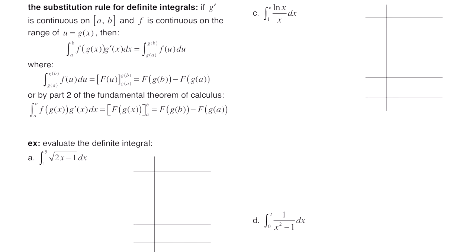What's going to happen is we can convert these lower and upper limits by identifying an expression for u, and then you plug a and b into that expression so you convert your limits, while at the same time over here you have f of u du, and once you've converted everything with respect to u, you can then evaluate it, where the integral is going to be capital F of u, which is the antiderivative. Your limits have been converted, and then you plug in the upper limit minus plugging in the lower limit.